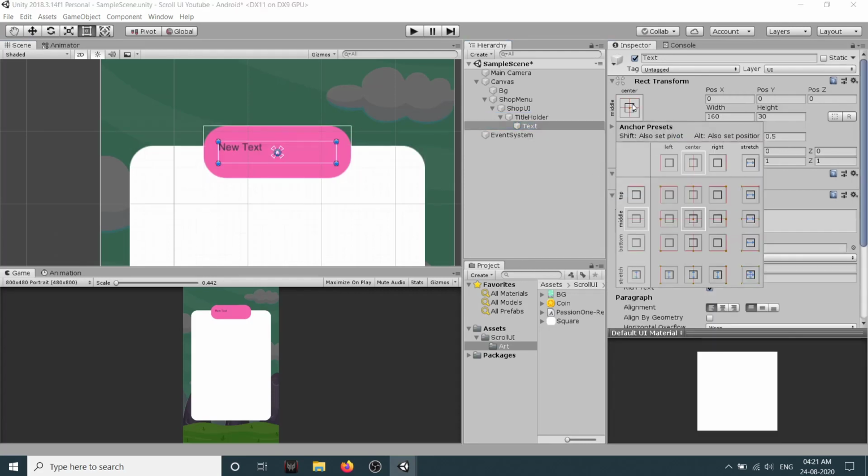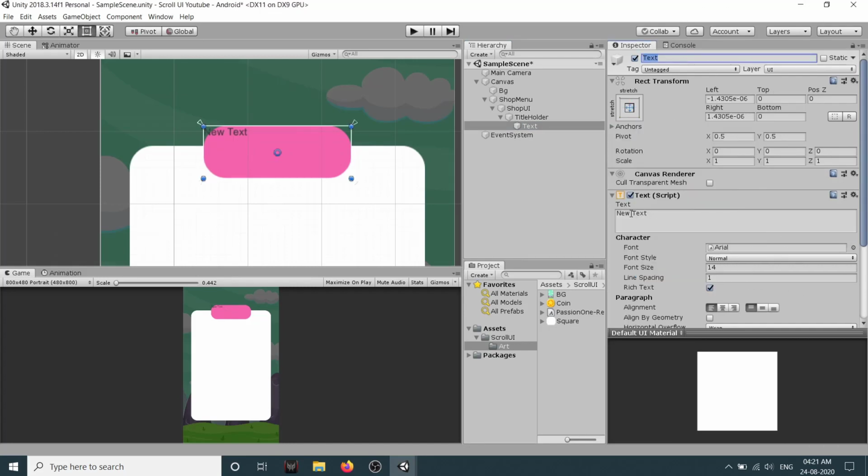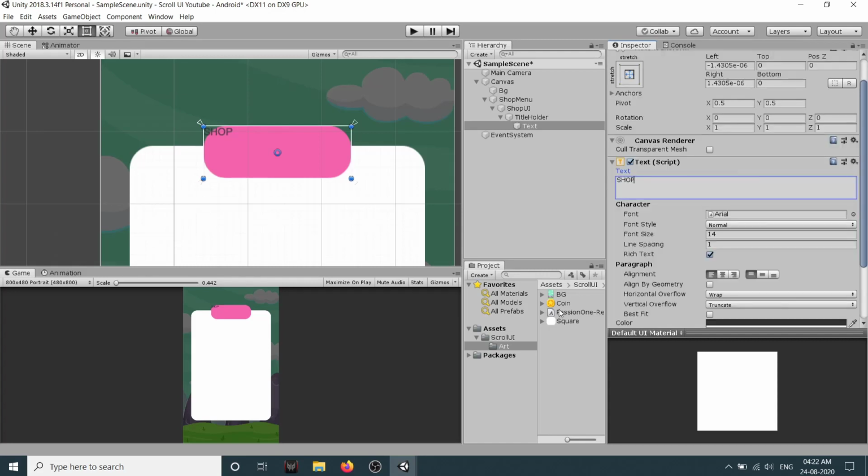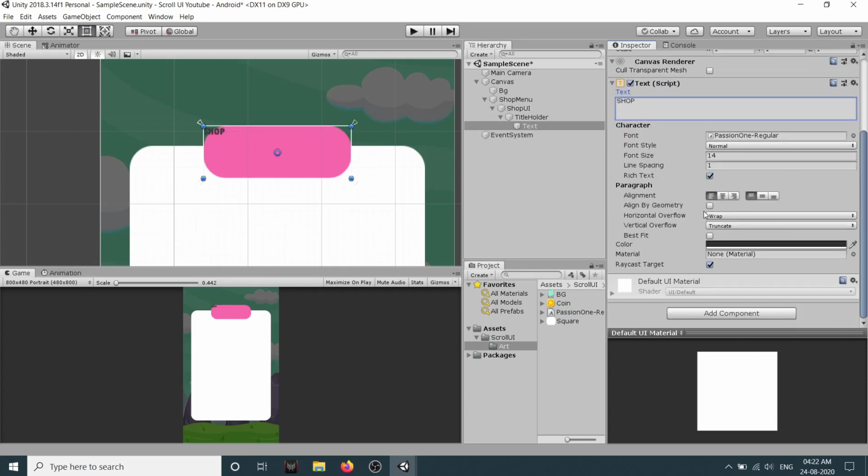Again just select this anchor, holding shift and alt key, select this one and I will call this shop. Okay, and I will drag the font which we have here into this font field and I will just select the align center both in horizontal and vertical axis.